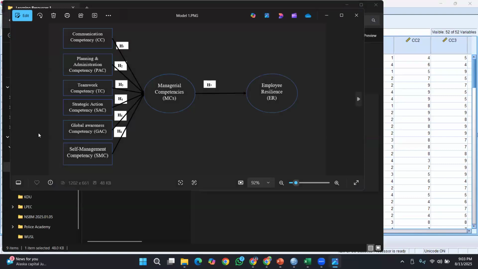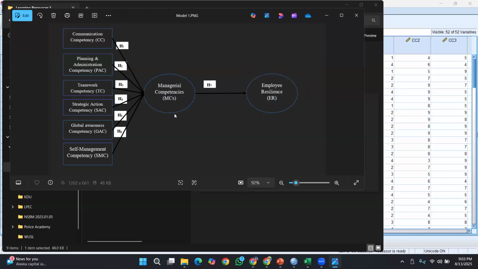This is a research in which the author was testing how these independent variables are affecting this dependent variable. The independent variable has been identified as manager competencies, while the dependent variable has been identified as employee resilience.